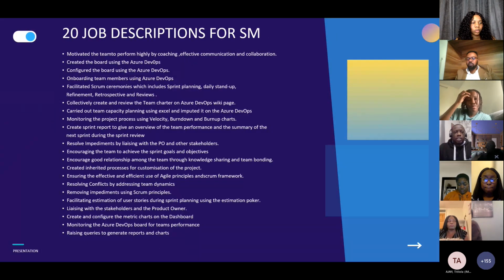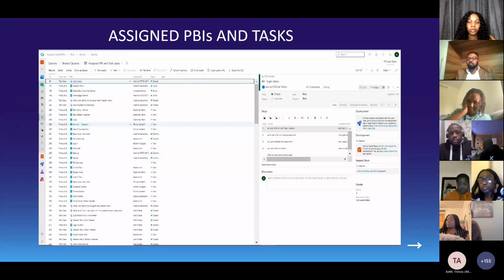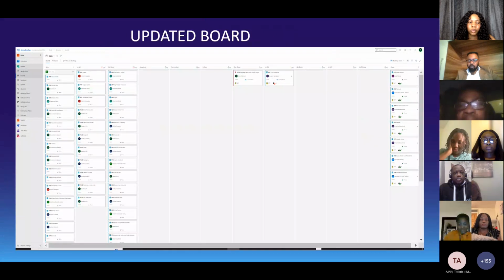The 20 job descriptions for a Scrum Master are indicated there, from motivating the team to raising queries and generating reports and charts. The definition of ready and the definition of done are clearly stated here. The assigned PBIs and tasks for all the team members are shown.